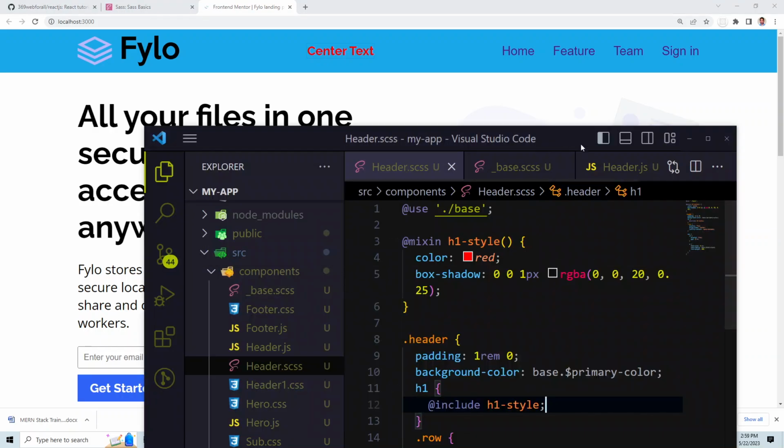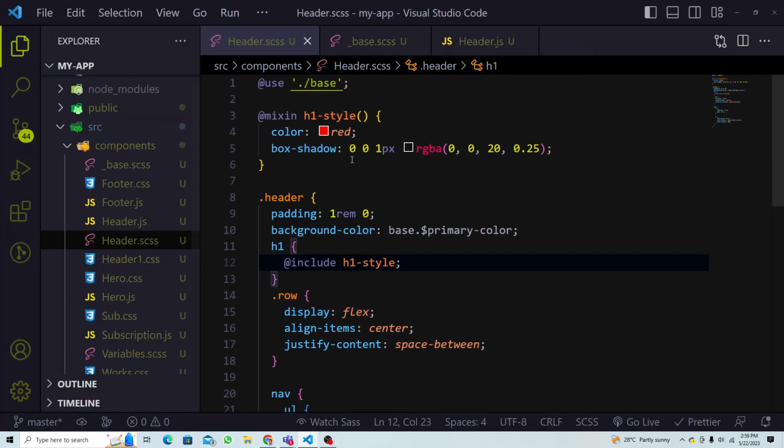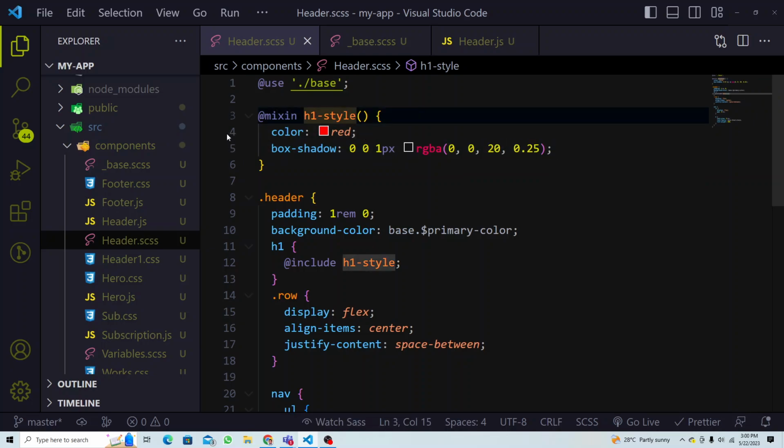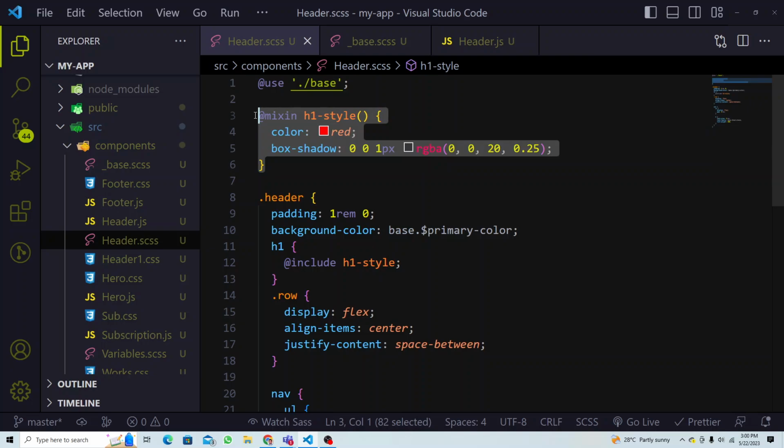Mixin is basically a function. Just remember, like a JavaScript function, okay? You write all the code together and you use it, right? So some code maybe, you think, okay, I'm gonna need this all the time, normally with the flex box, display flex and some other stuff, whatever you need all the time, just put in the mixin all together in one place and then use that one, right? So I know, normally you're not going to use all this mixin right now also, but remember there is something called function, and you can use that. Okay,